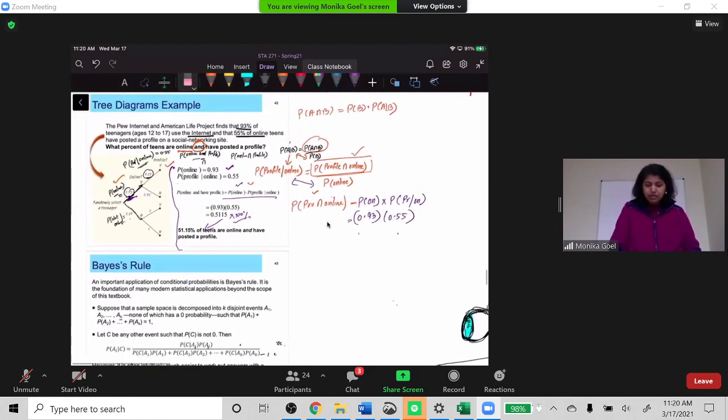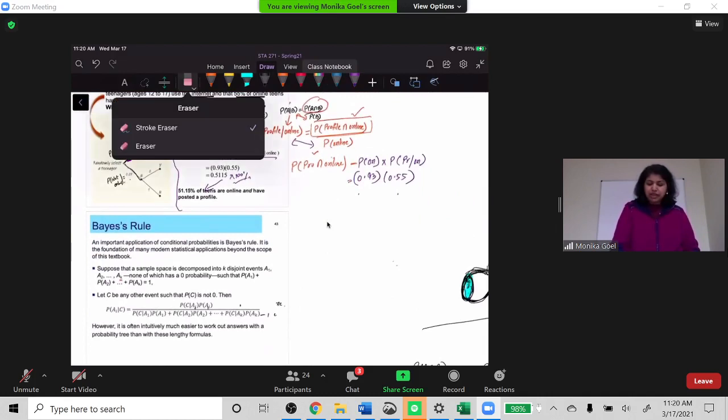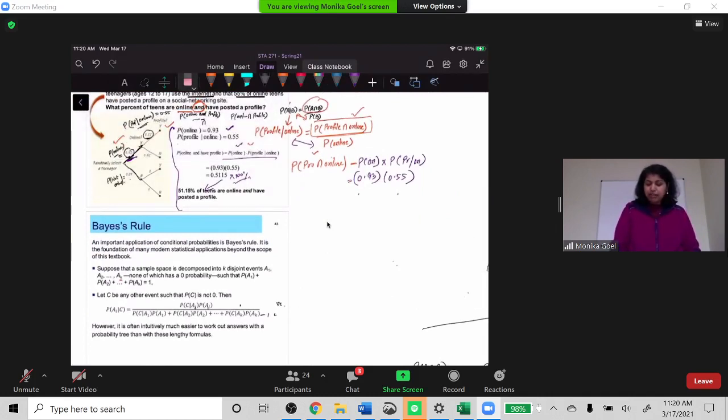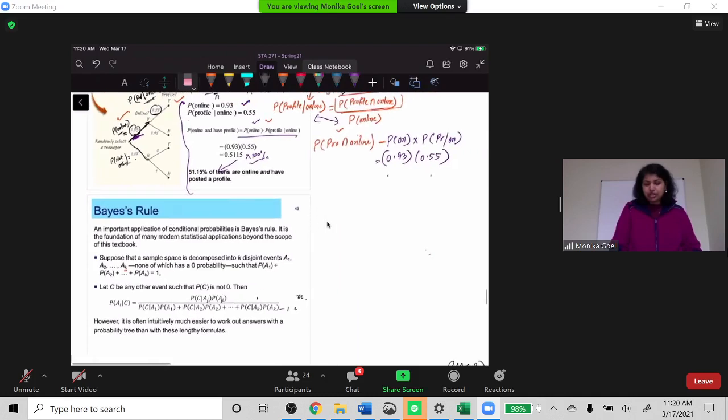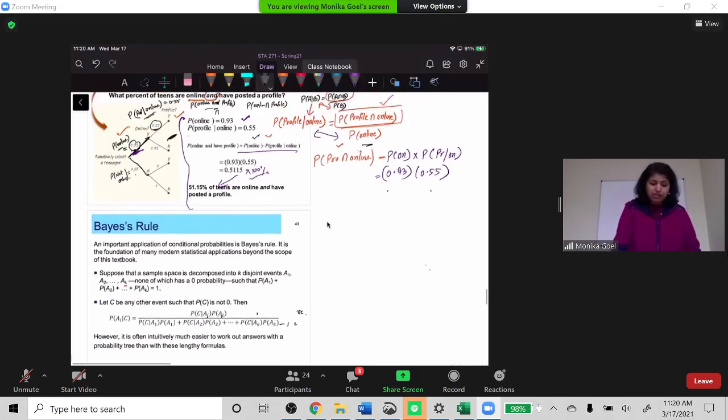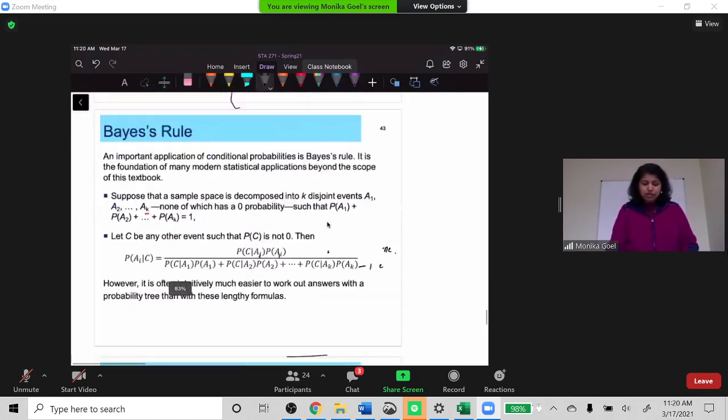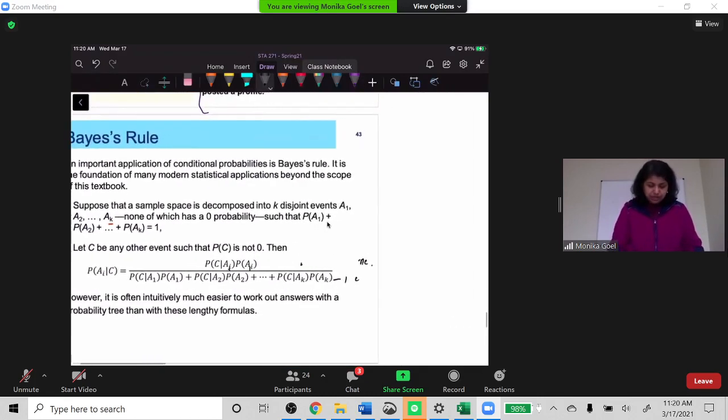So let's talk about Bayes rule. Last time I said that Bayes rule is an important application of conditional probability. You can think of Bayes rule as an extension to conditional probability. We are doing the conditional probability, but at the same time, we are looking for more in the denominator. The denominator we use here is just the denominator of one of these, but now we are looking for more.